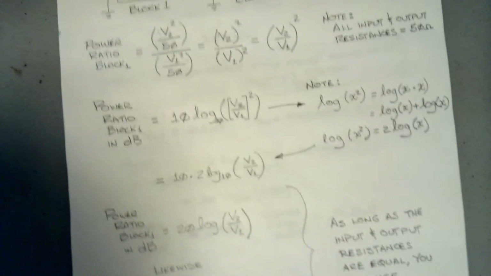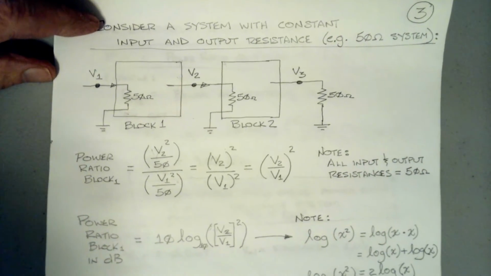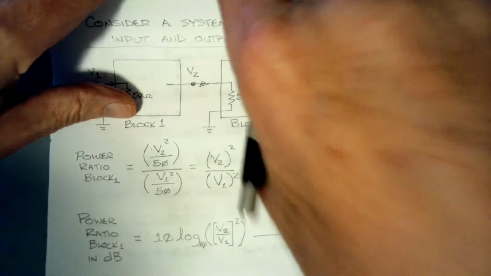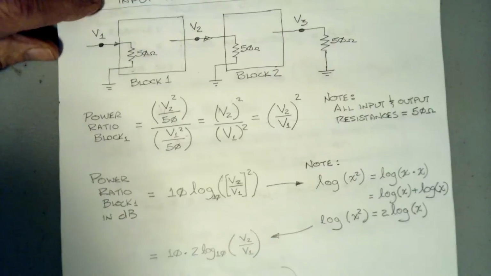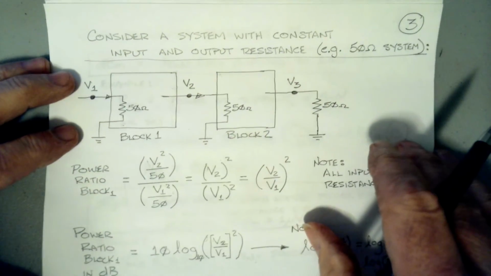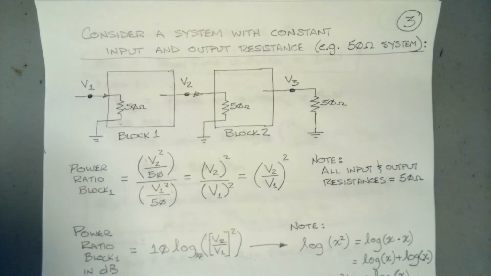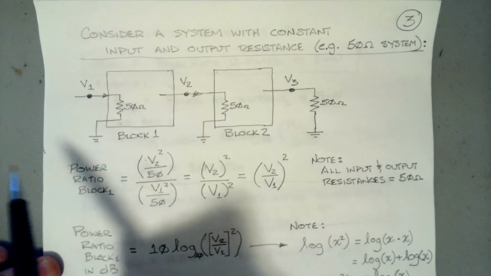So let's consider a typical system that has constant input and output resistance. We tend to work, say, in RF or instrumentation, in a 50 ohm system. If it's a twisted pair type of thing, it's usually a 100 ohm system. Cable TV is a 75 ohm system. But if we're in the same system,